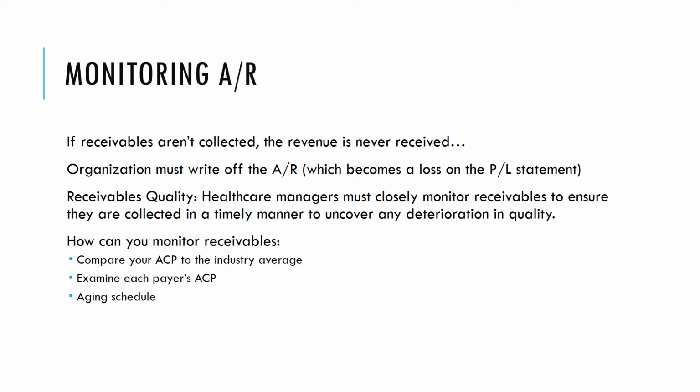But you could also go and examine each payer's ACP. So we know that payer B generally collects, or it takes them 25 days to pay a bill. This 25 days is above the industry average. And one thing that this organization could do is try to work more closely with payer B to reduce that time. And